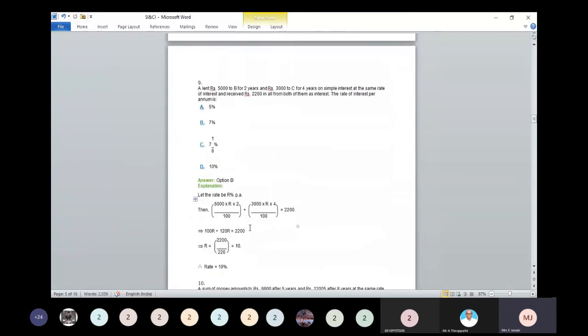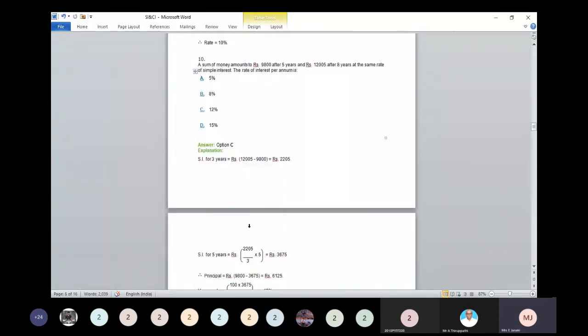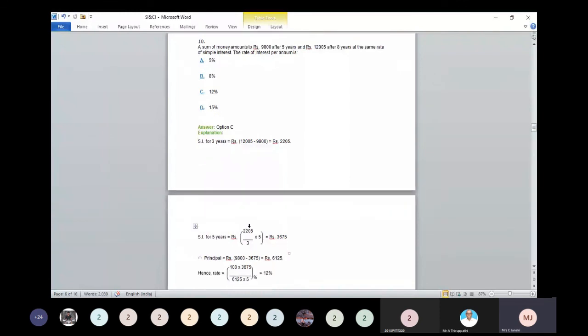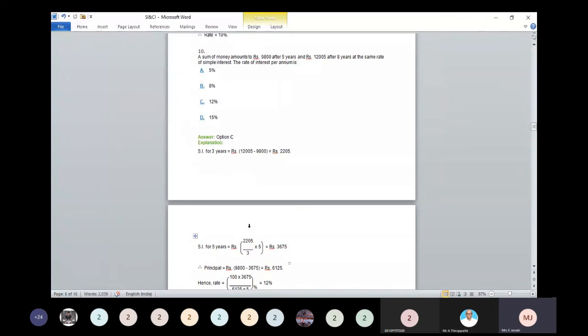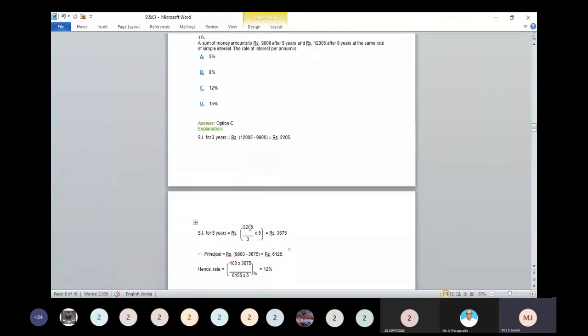Okay, next. Ninth, same problem. The sum of money amounts to rupees 9,800 after 5 years and rupees 12,005 after 8 years at the same rate of simple interest. Find the rate of interest per annum. See here, the sum of money amounts to rupees 9,800 after 5 years, and after 8 years, the total amount is